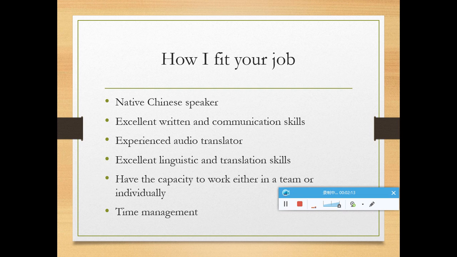The job is to translate the subtitle and I used to work in a subtitle group, so I have the relevant translation experience. What is more, I can do this job in a team as a team member, or I can just finish the job by myself. At least I want to say that I can manage my time, and this means I can finish the job in time and effectively.